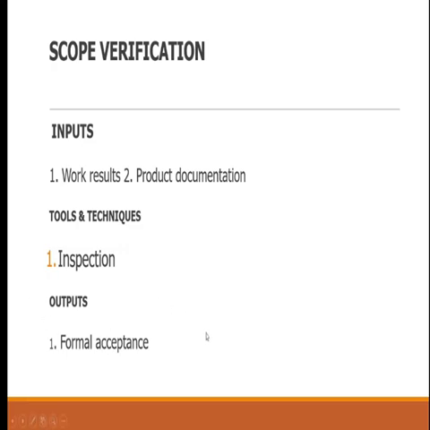Output, results of scope verification. 1 is formal acceptance. Anytime verification is done, acceptance is not going to be difficult. So don't forget, acceptance must be done officially. You must sign documents, give out receipts, invoices collected, because at that point in time, the project is about to go to postmortem. So you must ensure that your project is formally accepted.